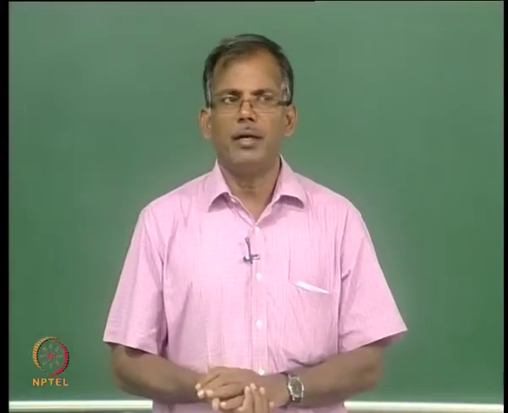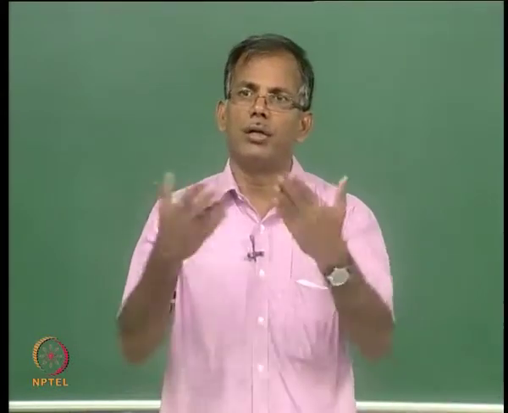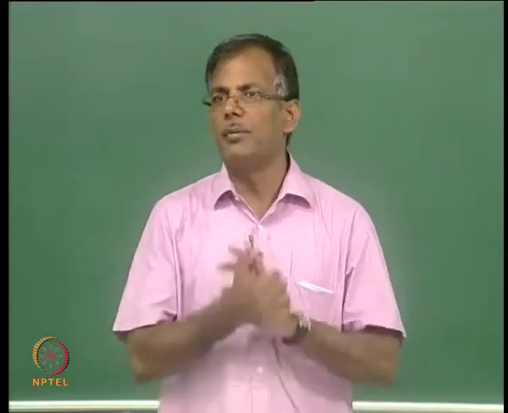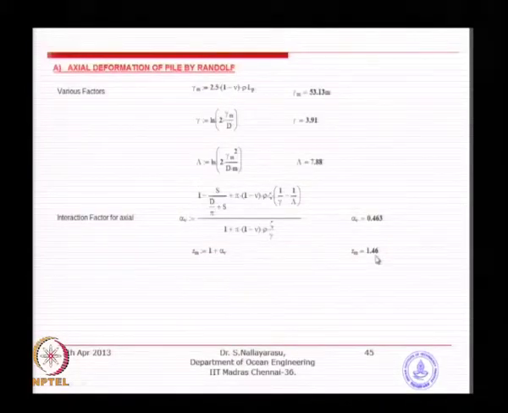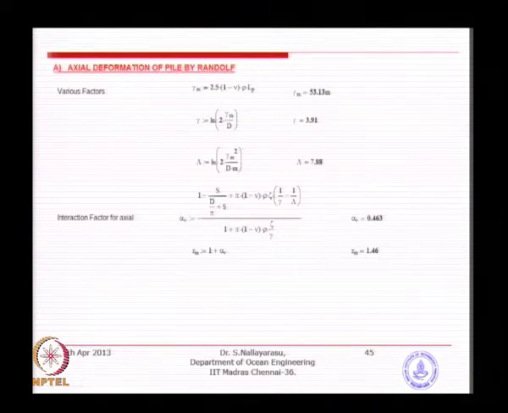Normally in practice we adopt a minimum of 3 diameters. I think I have already mentioned in the initial classes, we should maintain at least a minimum of 3 diameters at any cost, because most of the codes, whether local codes or other codes, ask for a minimum of 3 diameters. For the axial capacity reduction, you do not want to see it substantially bigger; this 46% is very big, but 5 to 10% is reasonably acceptable.